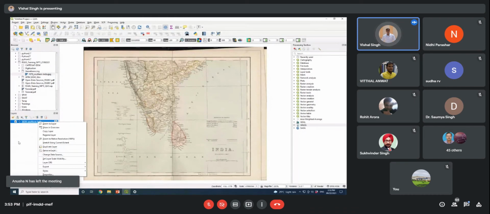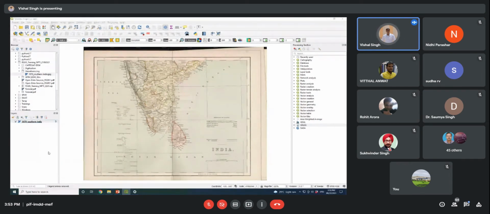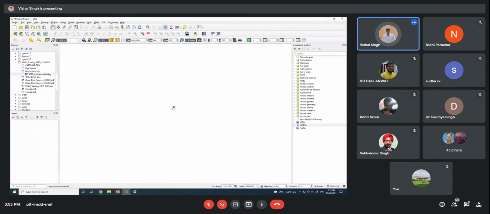So in this way you can add the layer, and if you want to remove it, just click here, right click and go to remove layer, and remove it like this. Okay, now the very basic procedure and the correct procedure for how you can add the data set in your QGIS map window. The correct procedure is to add the data set.